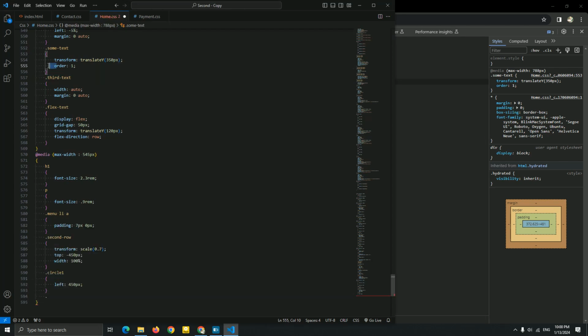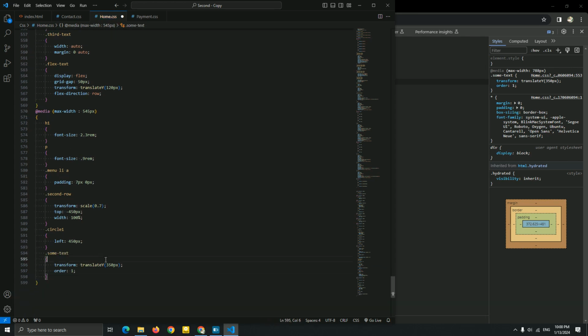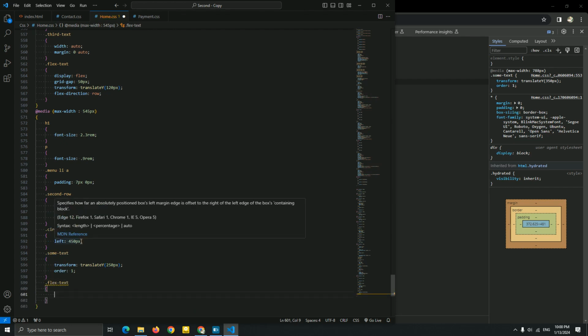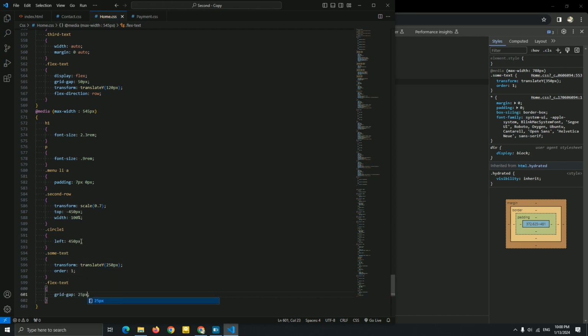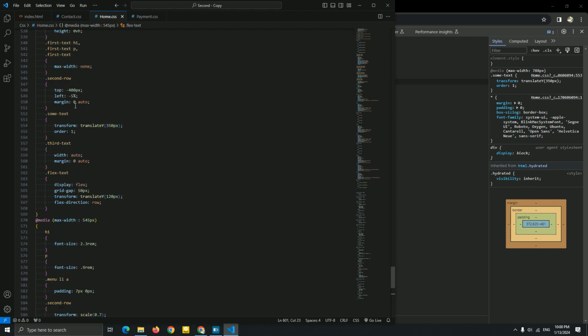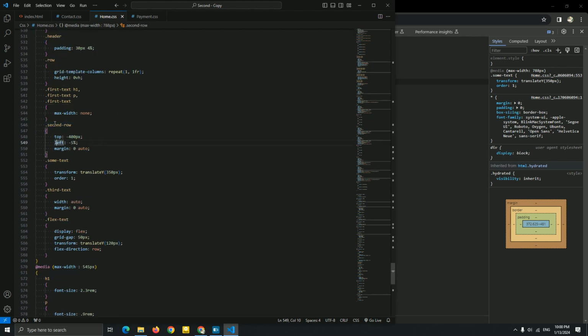Or you know what, let me just copy this, paste it, some text. I'm gonna add 250 pixel. Okay, next is flex text, to just add a grid gap, decrease a little distance of this, and let me see, let me just copy this, paste it.